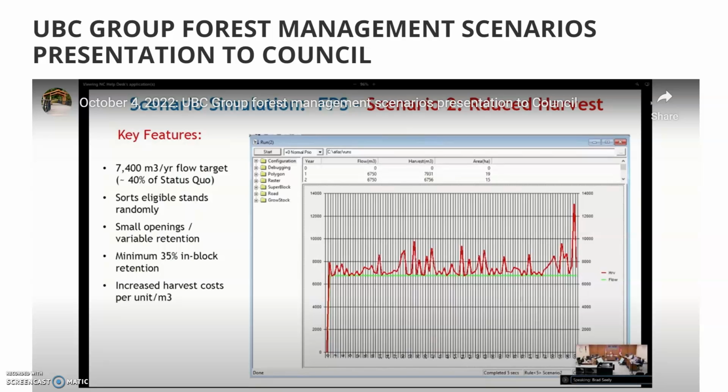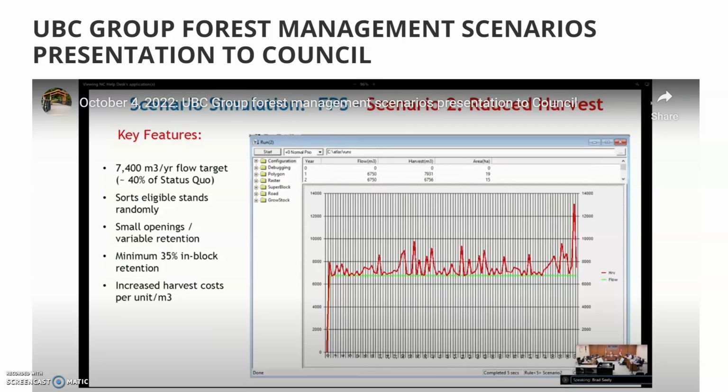Instead of sorting stands oldest first, it sorted them randomly. And this is because we didn't want to assume that the oldest ones would be harvested first. So the type of harvesting here would be mostly small openings and what's often called variable retention. There would be a minimum of 35% in-block retention, and in discussing this with Sean and others, we decided generally